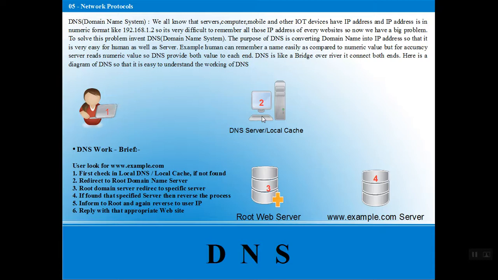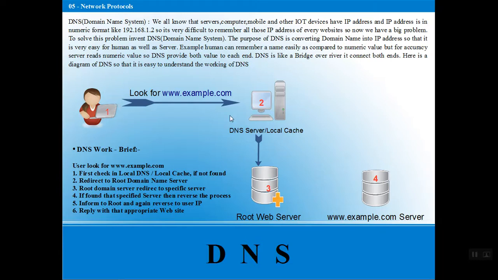Suppose we have a client and a server. The client wants to communicate with the server. For example, we're looking for www.google.com. First, the client sends the request to the DNS local cache in our computer. If it is in the cache, it gives the reply to the client, here's your www.example.com. If it's not found in the cache data, it will ask the root server, I need www.example.com. Then the root server checks the database, and if it finds that example.com or that specific website,